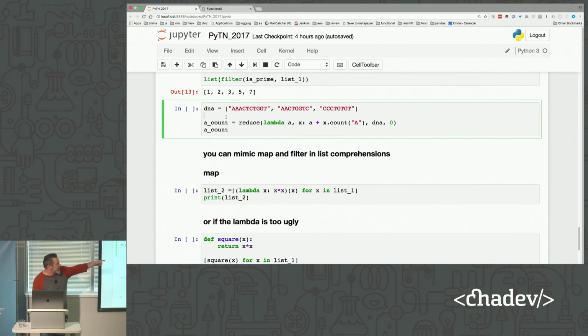This is a lambda that simply takes A as the first value and X as the second value, and it will add those two together. Since we're starting with an initial value of 0 and passing it the list DNA, the first A is 0, and the first X is a count of A's. So it counts all the A's in the first string.